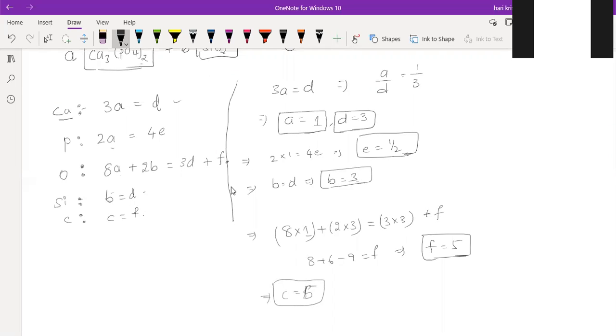Then what will it become? But sir, can't we directly leave it as a fraction itself? Once we write a fraction in an equation, a little bit of confusion will happen, because one term will be a fraction. You have to compare the number of atoms on the reactant side and the number of atoms on the product side, so the confusion will come if it is in fraction values.